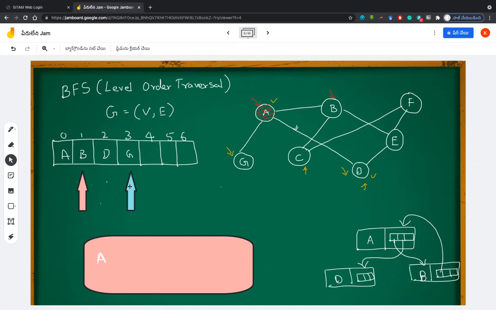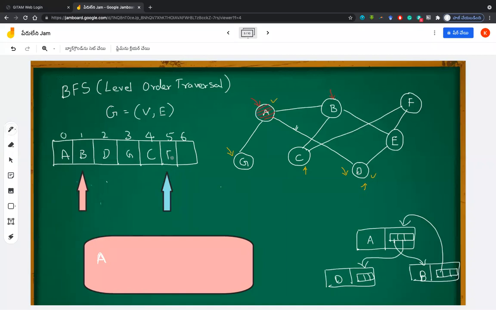So increase rear and put C here. Sir, for B it is C and E, not D. Yes, it is C and E, right? So A is already there. We have C and E. So definitely we have to increase another rear and put E.